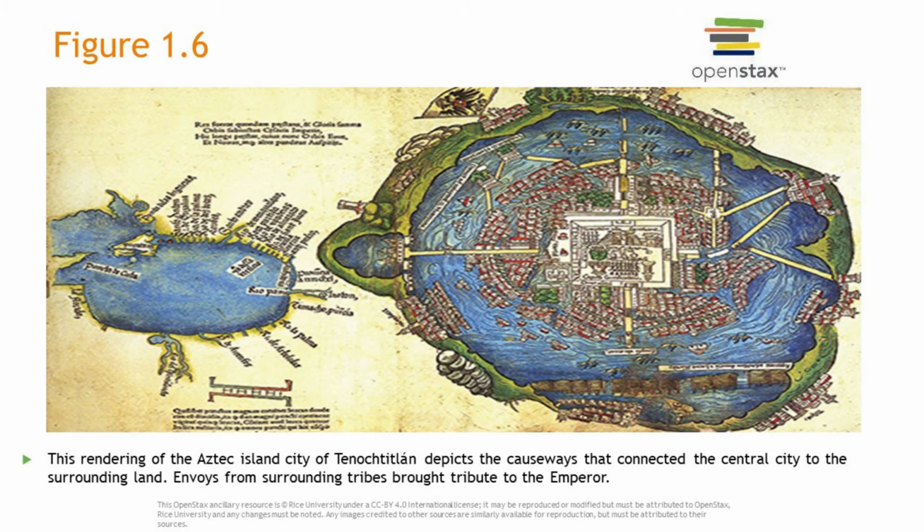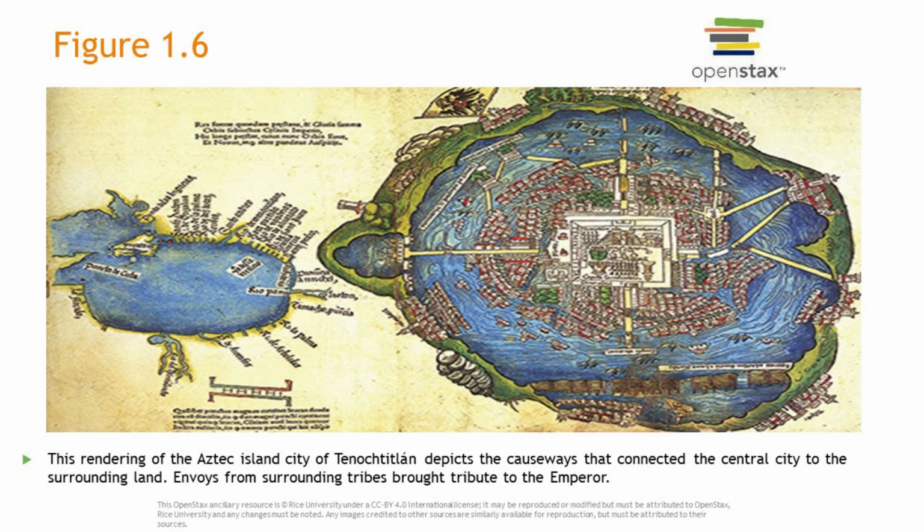Next, let's go ahead and move up north towards the Aztecs. Specifically, I want to focus on this island city known as Tenochtitlan. And this city is absolutely amazing. Historians have described this city as like the Venice of Mesoamerica. And what I mean by that is it had such an elaborate canal system and irrigation system that it rivaled Venice of Europe.